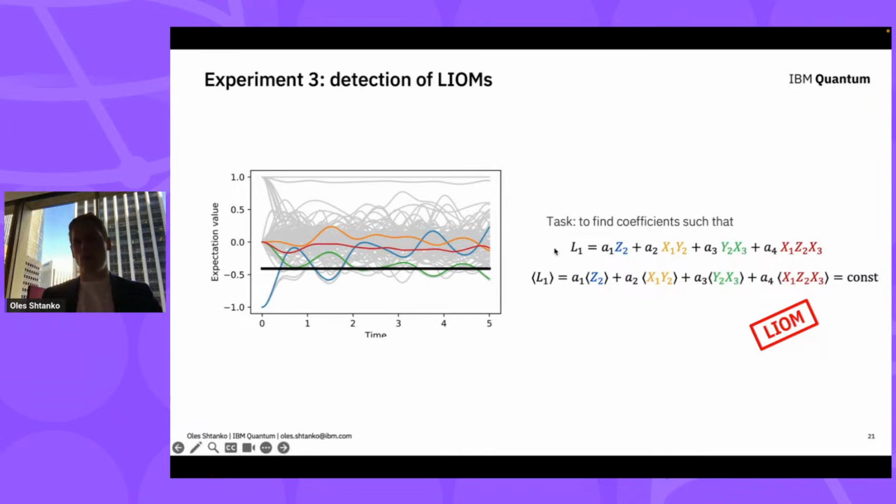And every time you do it, the operator which you get is your local integral of motion. Congratulations. And you can repeat it more and more times and find more and more of these integrals of motion. And this task looks a little bit overwhelming, right? How do you find these operators? How do you choose the set of operators you need? And you can still come up with some interesting tactic for how you can do it.